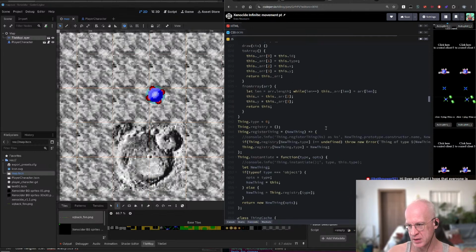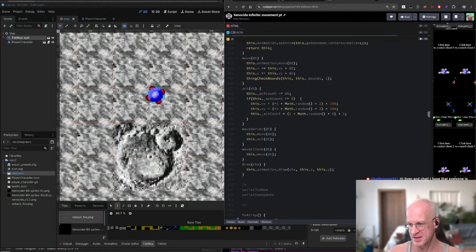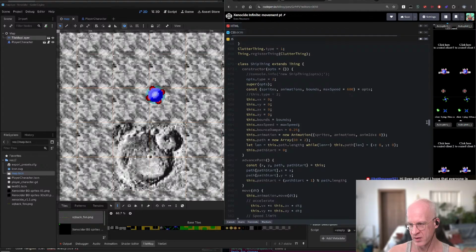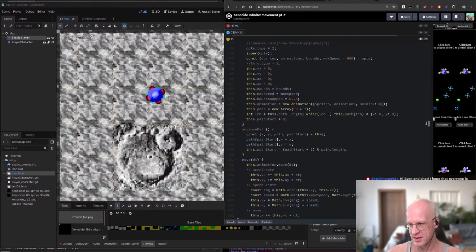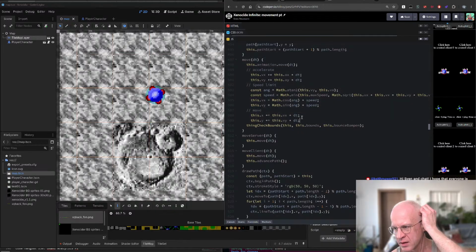Let's find it. I think I ported some of the Pascal code into this. Oh yeah, the animation system. Huh, look at that. All right. Ship thing extends thing. So ship thing, yeah, we have the velocity, we have the acceleration, and then basically I think it just does an angular to